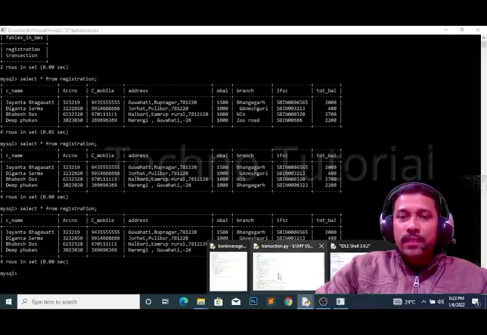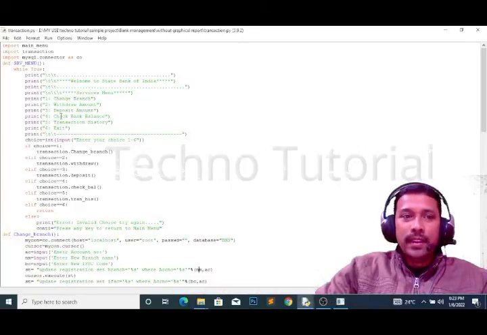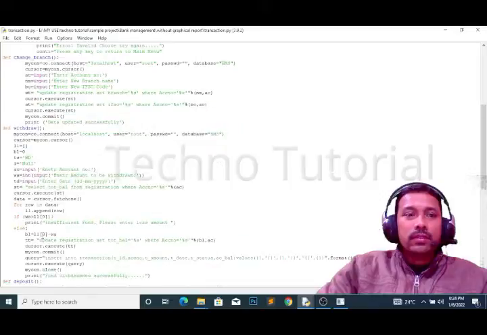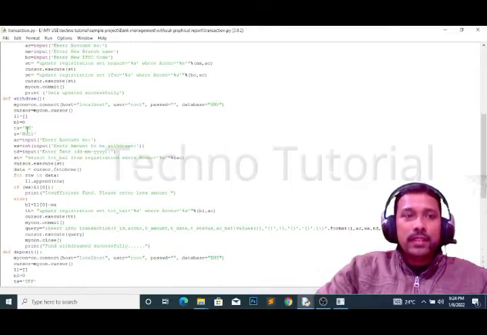For this function, just go to this file and see, press 2. It is calling this function, withdraw. Withdraw is one of the functions in the transaction module itself, right? Now in the transaction module, this is the withdraw function. In this withdraw function, these two variables we have taken for processing, and these 3 or 4 variables we have taken for processing. Why we have taken them, I will tell you one by one.